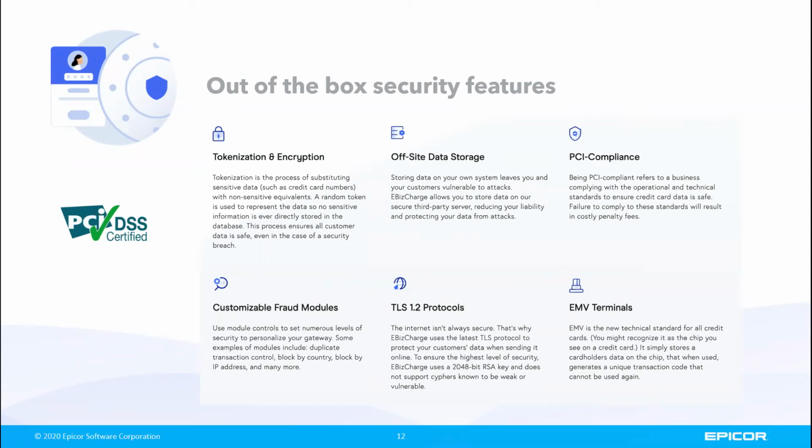What that means is that if somebody enters a one-time credit card number and makes a payment, whether it be through the email pay or the customer portal or our request payment method, that card goes behind the EBizCharge product, which is our gateway, and it's turned into a GUID, and a GUID's a fancy name. That's what a token is. So what you'll see in your Epicor